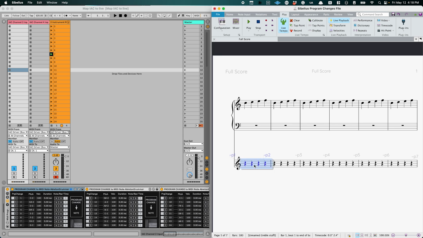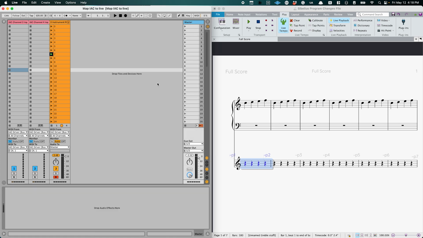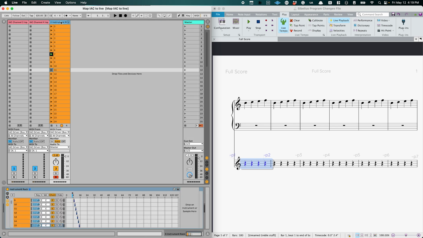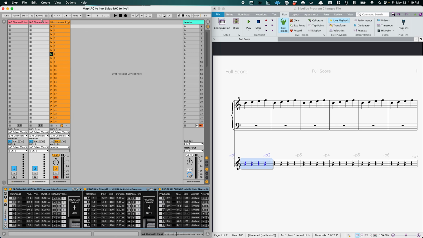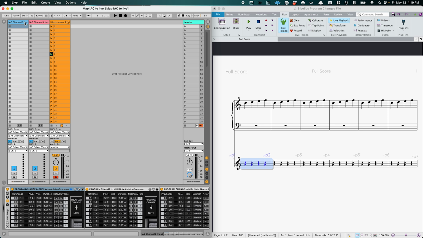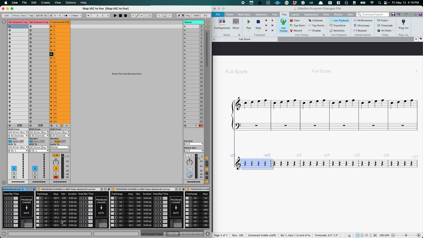So this is sending IAC 3. It's translating that and sending out IAC bus 1. The master is then controlled by that IAC bus 1. And then the notes are coming in on bus 5, and so all this works. I have 4 set up just so that I can set up another synth in a bit, but you don't need that. That's how all of this is working, and I pre-mapped this ahead of time